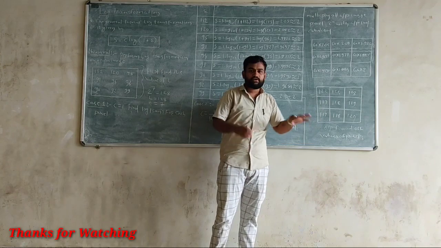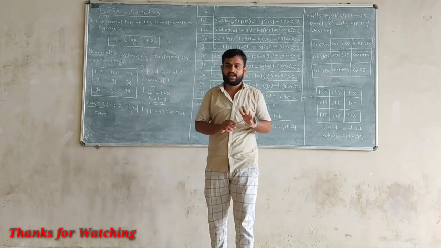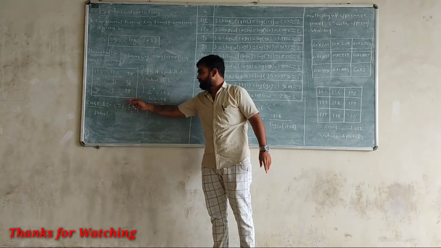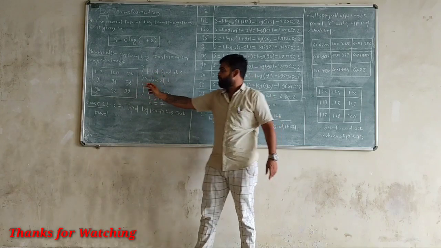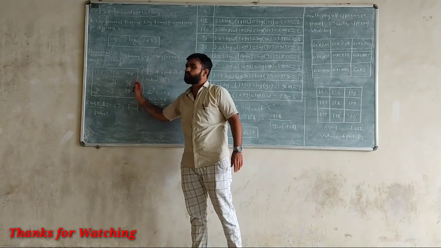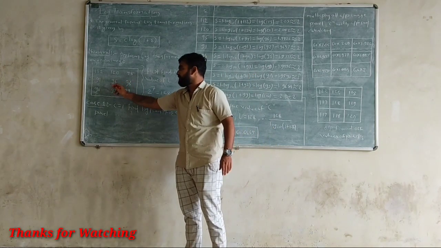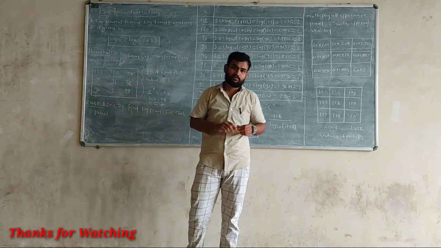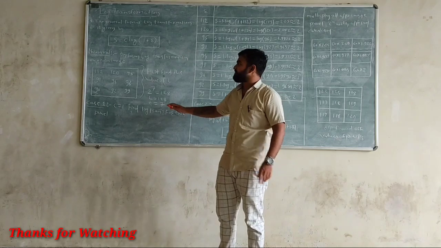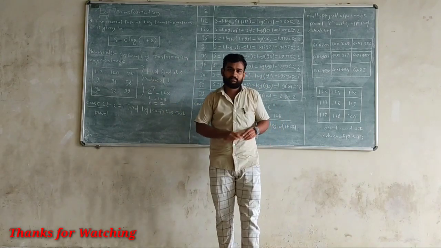So this is how we perform a logarithmic transform on a given image. We are just changing the input pixel value or gray level value. We are enhancing the gray level values by using the logarithmic transformation. So this is what we have studied in this video: how to perform a logarithmic transformation.